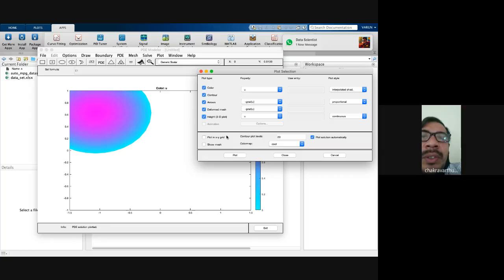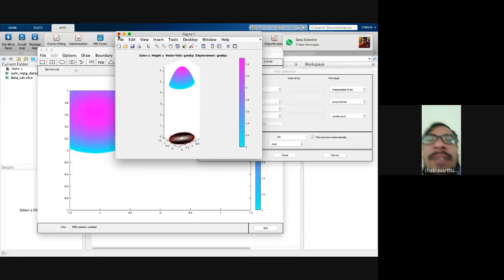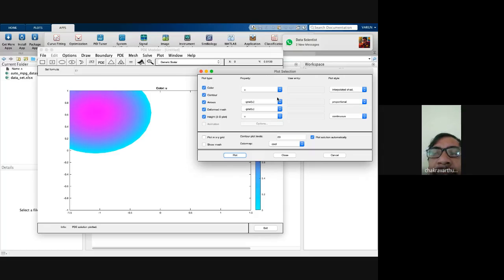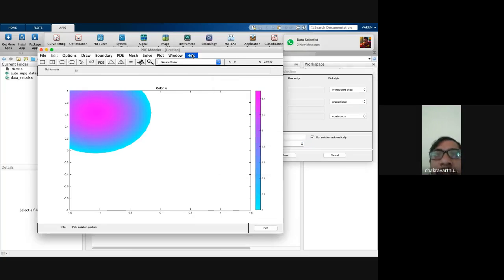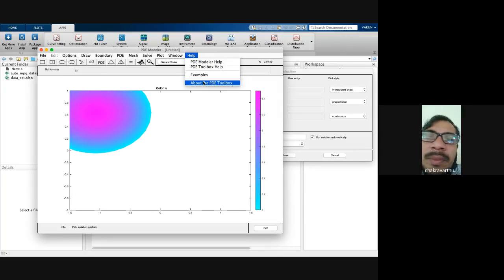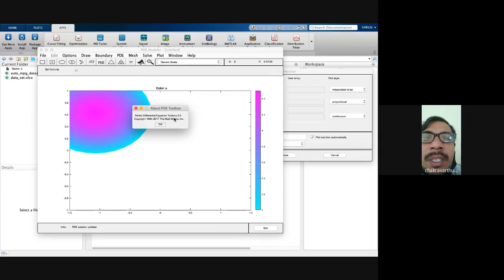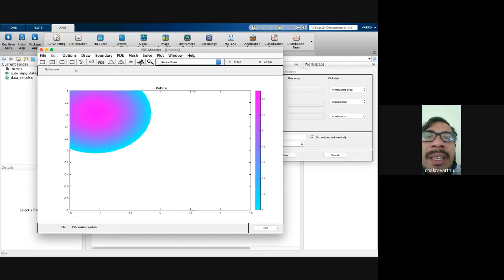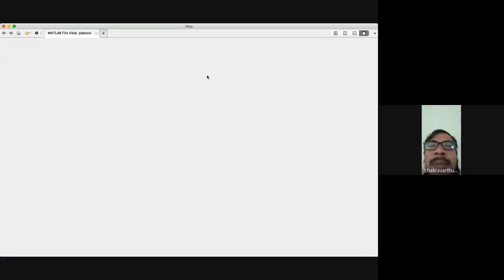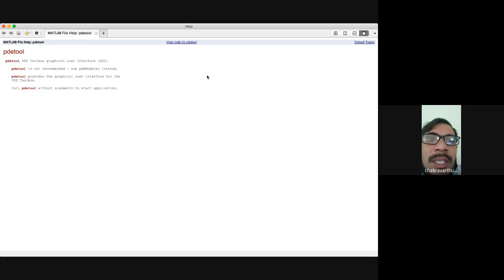See here what we are going to do. If you have any doubt, there is a help command over there. Just click on help command. It will display the entire things related to the PDE solver so that you can improve yourself, and you need not ask anyone. See PDE mode help, just click on toolbox help. Automatically, it is going to display all the sources available for the PDE solver. It is going to open in a new window. You just read these things and you can learn it yourself.